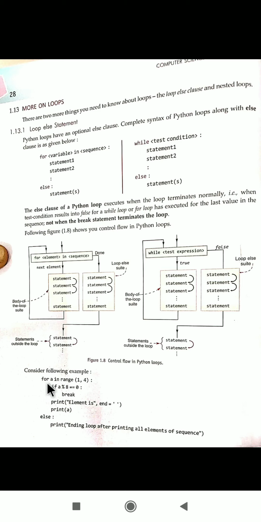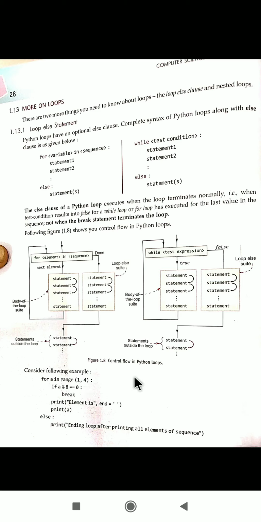Here a for loop we have started, and the range I have given is 1 to 4, so it will go up to 3. First the value of a will be 1, then 2, then 3, and finished. Once a has been given the value 1, 1 mod 8 will give the remainder. When you divide a smaller number by a bigger number, the smaller number itself comes as the remainder.